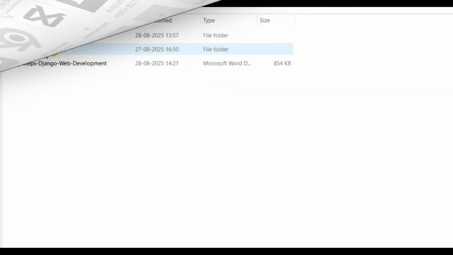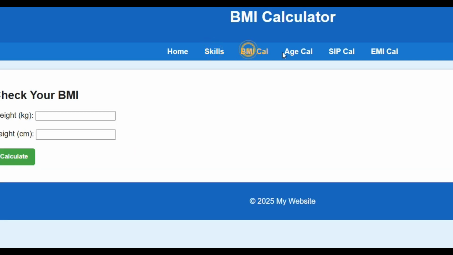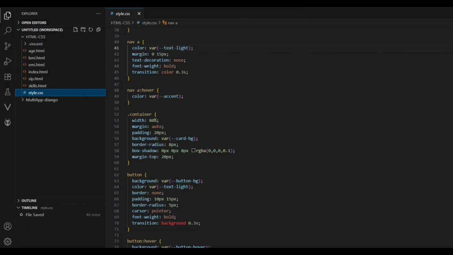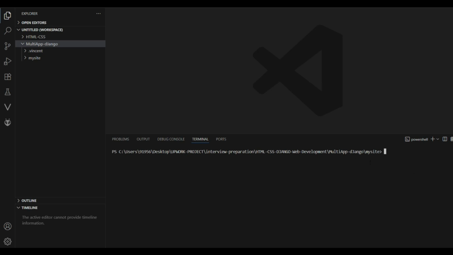In this case, here you can see HTML and CSS, index.html will be there. Now I am closing this one, and now you can see this is the home, skills, BMI calculator, age calculator, SIP calculator, and EMI calculator. Only in these steps I want to tell how to write HTML and CSS, that is the first part. Are you completing or not? So if this stage is passed, now we are moving on to the Django framework. Now I am closing this one and going to the terminal. Okay, you can see it as a new terminal. So you will come on to here.